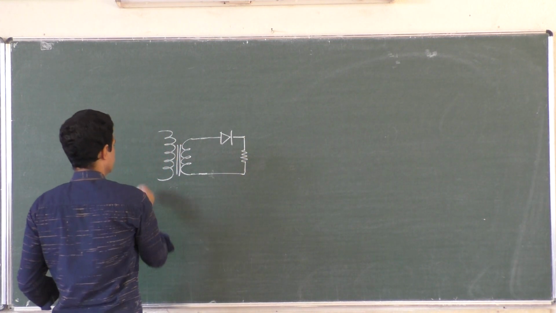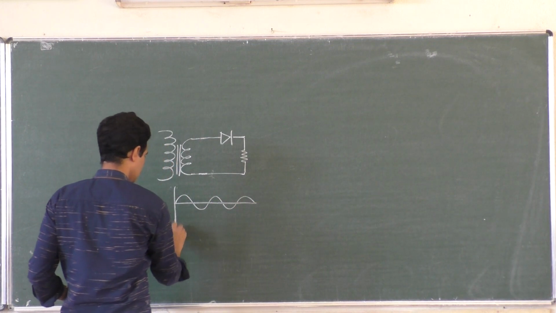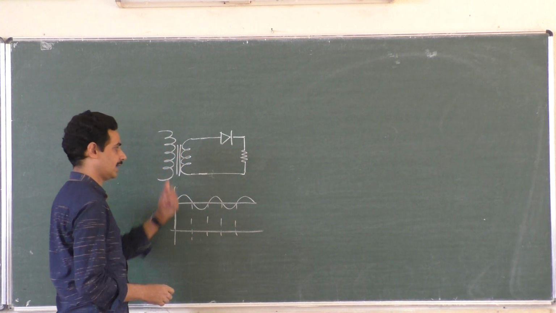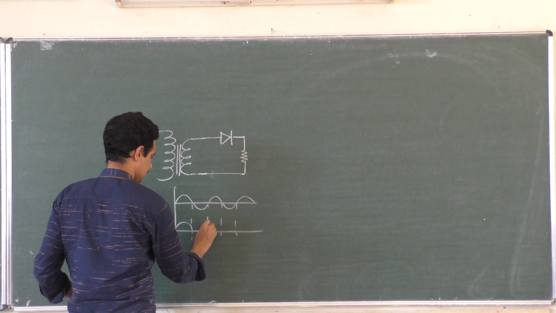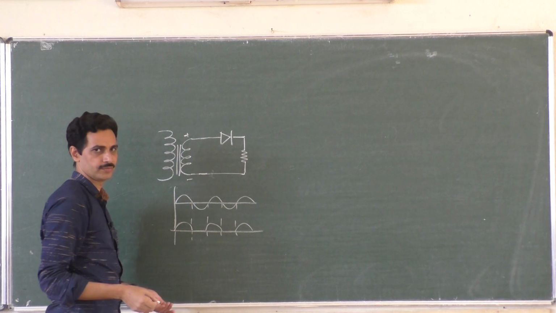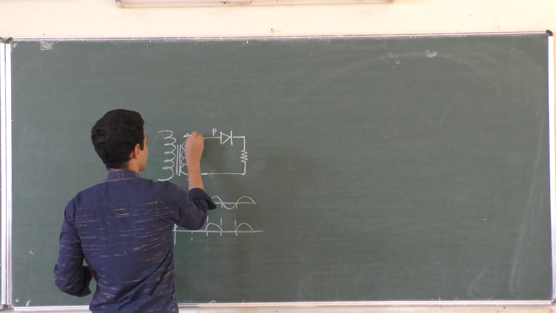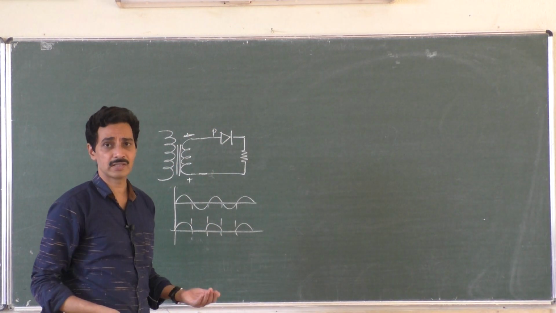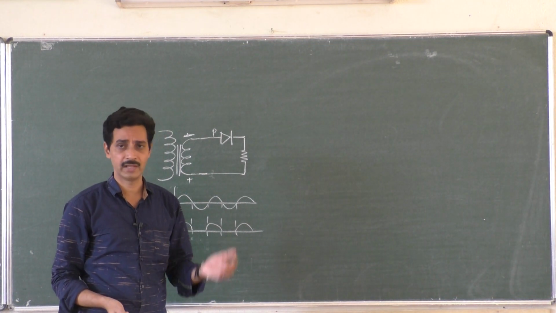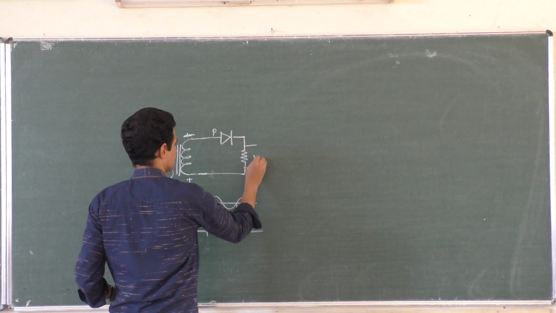And if this is the input of a half wave rectifier, it gives output only during one half cycle of the input, because during the negative half cycle the diode doesn't conduct, so we have pulses only in the positive half cycle, expecting that this is positive and this is negative during the positive half cycle. During the negative half cycle, this will be negative and this is positive. The P side of the diode is connected to negative, so it is reverse biased. During reverse bias, there is only a very weak current, called reverse current, and that is mainly because of the minority carriers. So that current doesn't produce any voltage across this. So output is taken across this, V0.